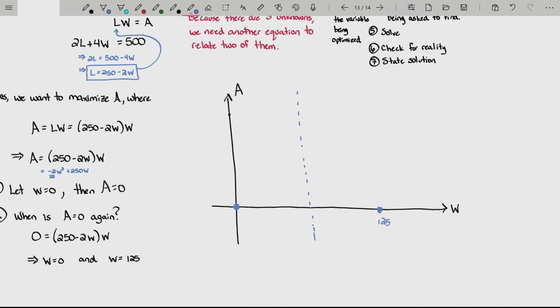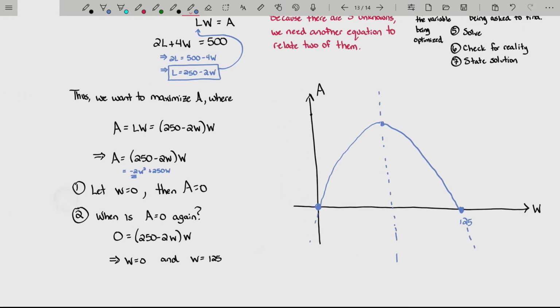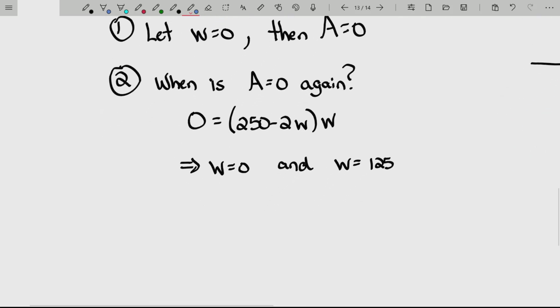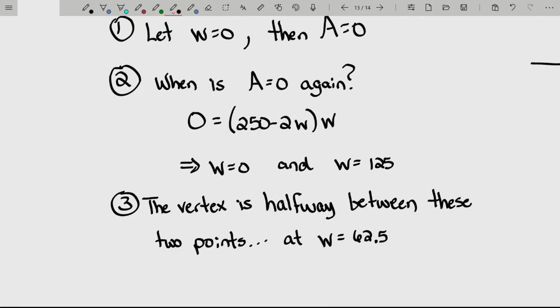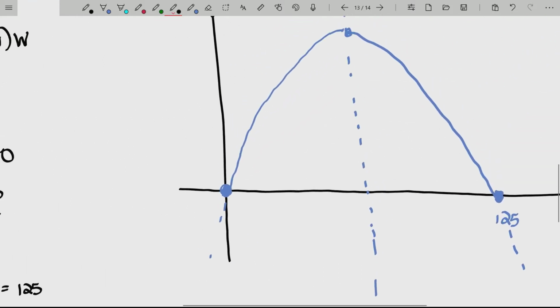So I am just going to say, well, I know our graph is upside down, and I know the vertex is halfway between these 2 points. Well, halfway between 0 and 125, that's where our vertex is. Let me go ahead and write that down at 62.5, mainly because it's halfway between 0 and 125. So I'm going to go ahead and mark that here. This x value, or W value really, is W equals